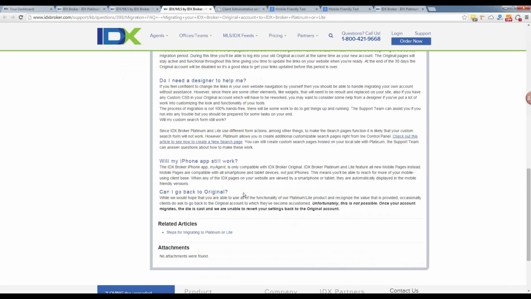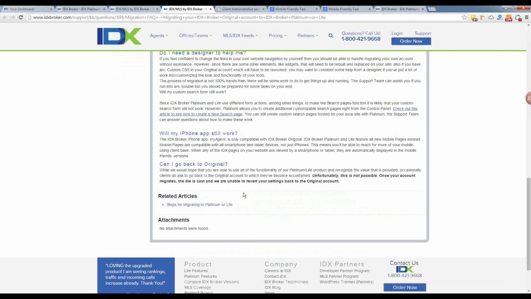And then I'll cover the last item here. Can I go back to original? This is a tough one. We have, in some cases, allowed people to do that. It says here, unfortunately, it's not possible. We're trying to set that expectation up front. The question is, can I revert back? Can I get my settings? We're not able to revert things back